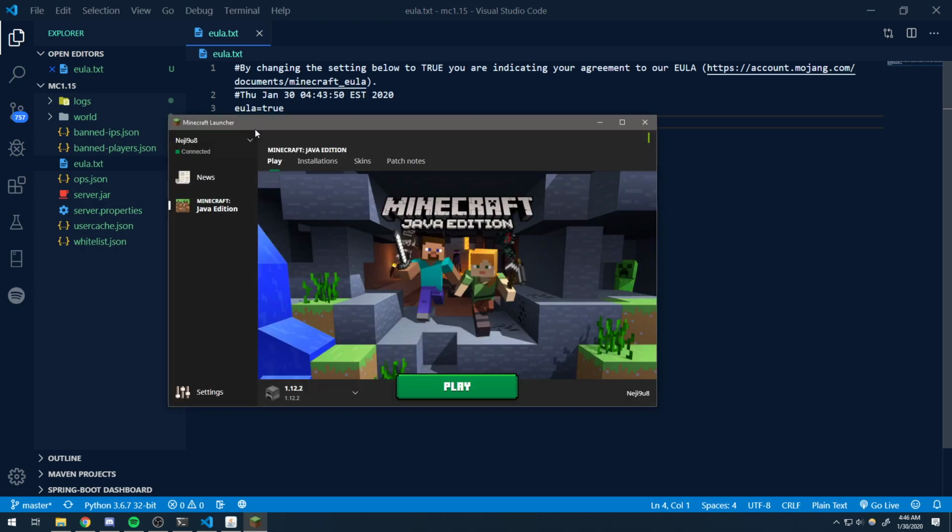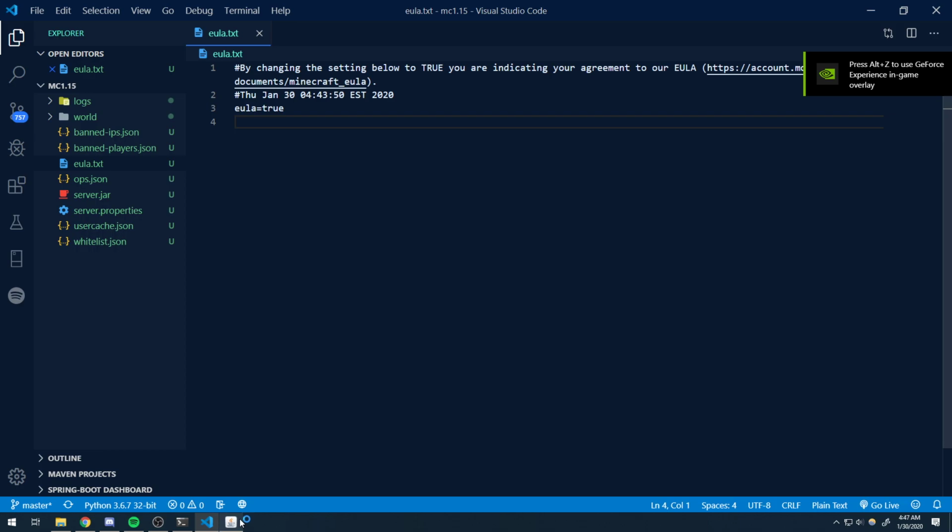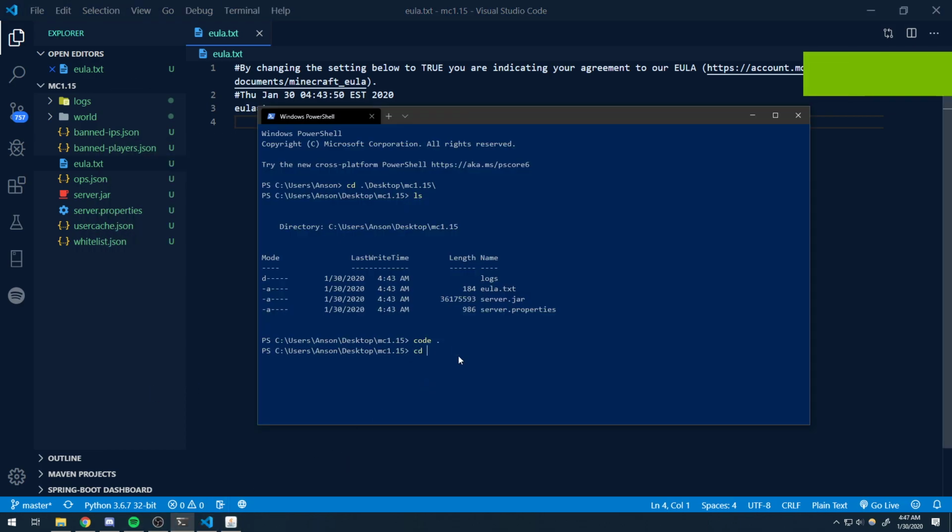I have not played this game for so long, so I need to change my version to the latest release, which is 1.15.2. So we're going to open this up. Okay, and while that's loading, I'm going to go into my documents folder, MC Discord bots,